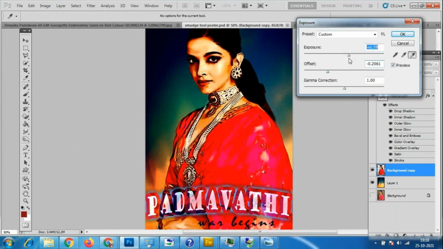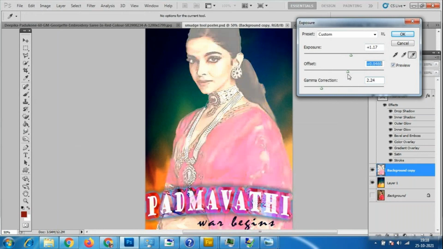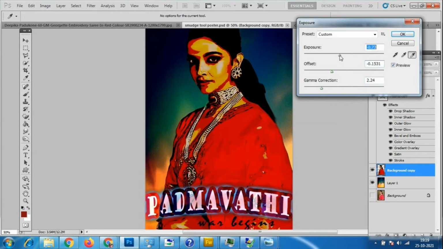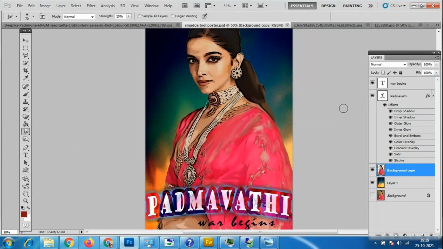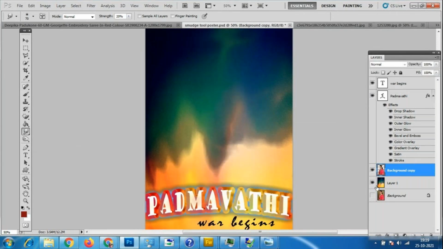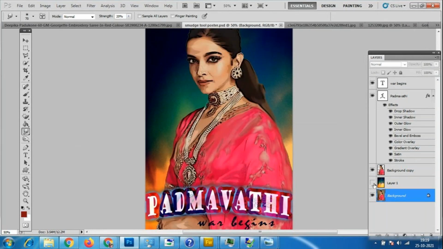So it is over brightness, which is okay. The dress color only, the face color only is changing. So with this, this is how it should naturally look. Before, the image was like this, and the background is hidden. Lightly, we can use the smudge tool and change the background like this and use it.